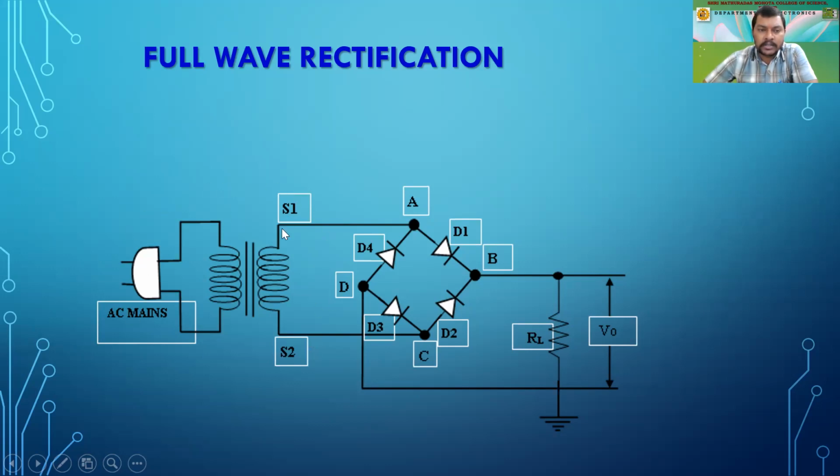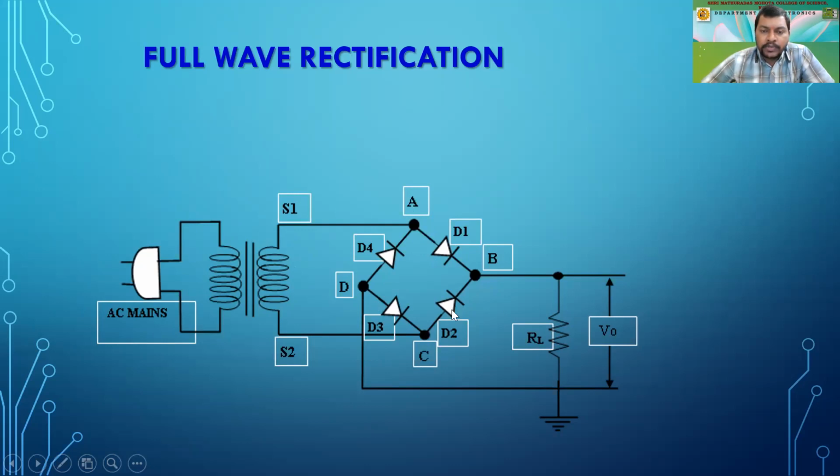The rest of the circuit remains the same. The transformer is over there, again used as a step down transformer. The AC mains are applied to the primary of the transformer, and the secondary outputs, S1 and S2, are connected like this. So I guess you have understood the construction of the full wave bridge rectifier circuit. We have 4 nodes over here, A, B, C, and D, right? So the diode D1 is connected between nodes A and B.